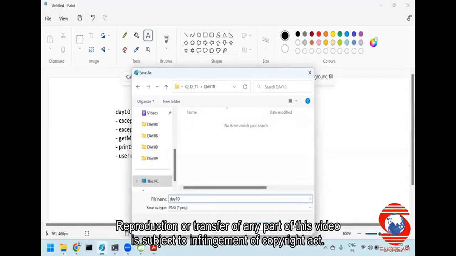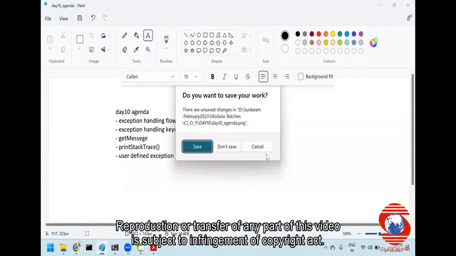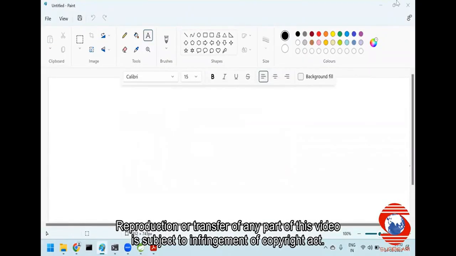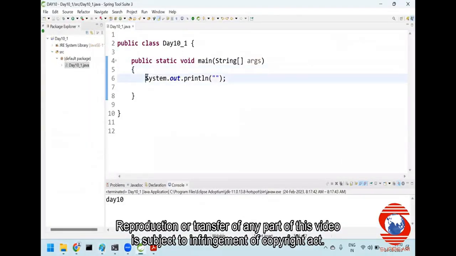This is the day 10 agenda, right? So let us go ahead to the first example and let us understand how to go for exceptions. Now, first of all, let us assume I'm writing one basic example where inside the main, I'm having two numbers,